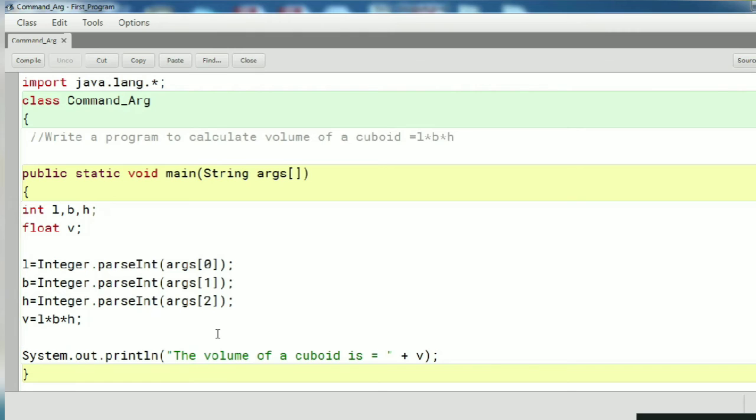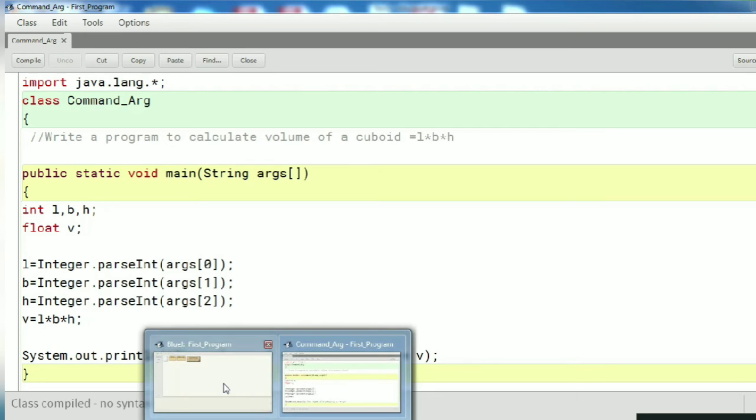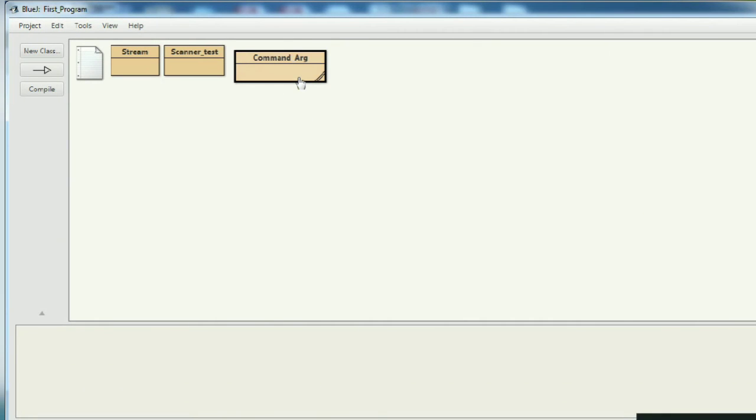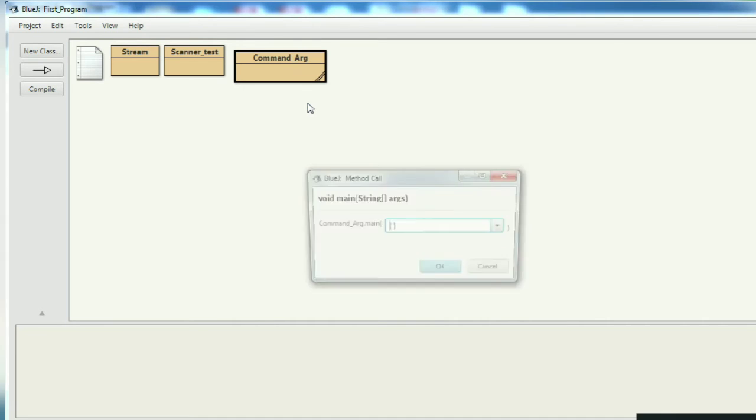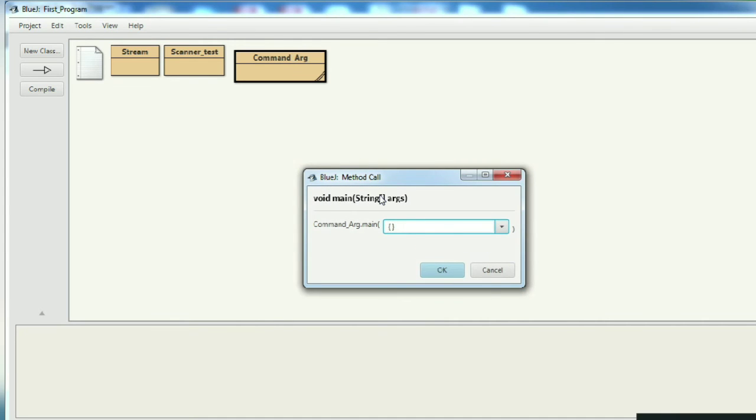Now let's see how to run this program. Let's compile this, no syntax error, and let's run it. Now let's see how to enter the values. See here it is asking for values, in the command line CommandArg dot main. Inside these brackets, as I told you, in double quotes you have to enter the values.